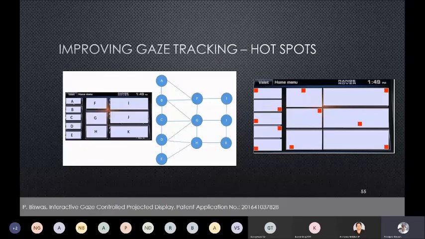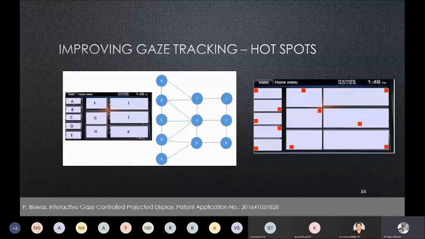And we imagine that when you try to select button F, this red dot will attract your attention and you will look there. And that will reduce the chance of wrong selection. And these red dots in this screen, it looks like we place them haphazardly, but that is not true, because for the position of these red dots, we use the simulated annealing state space search algorithm to find the position of this red dot so that it minimizes the chances of wrong selection.